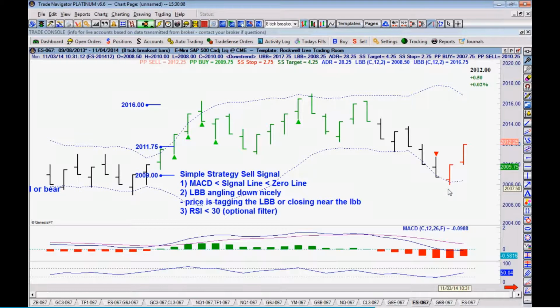Remember that to trade a long signal, we place a buy stop order one tick above the high of the bar. To trade a sell signal, we place a sell stop order one tick below the low of a bar. And if at the completion of the bar, the signal is no longer valid, we simply cancel that order. A sell stop order is only triggered if that price point is hit, and